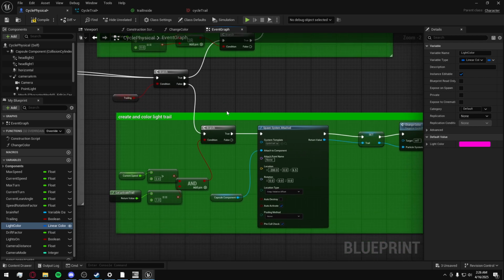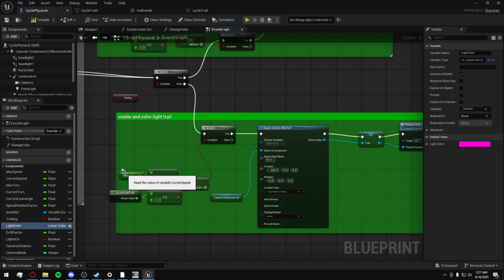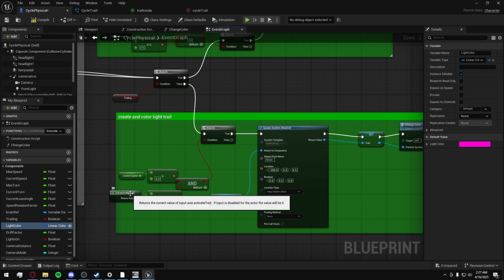And if it's false, then we can come down here. If it's false and the current speed is more than 0.4, that's a normalized velocity, and the input from the player is true, then it'll spawn